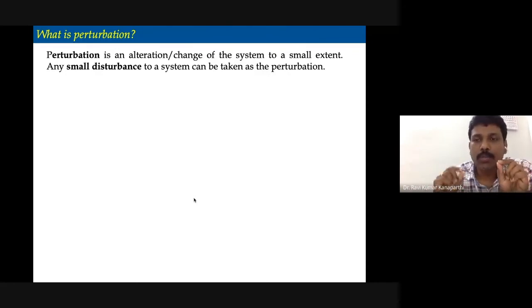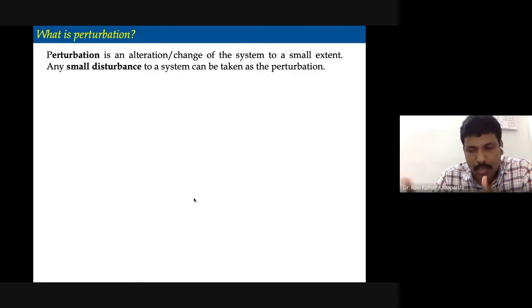Now, suppose you make a small disturbance to the system, then it changes, right? If you want to find the solutions of the perturbed system, that is, after the disturbance, the usual process is that you write down the Hamiltonian, operate it upon the suitable wave functions, then write down the Schrodinger wave equation, and then basically you solve it.